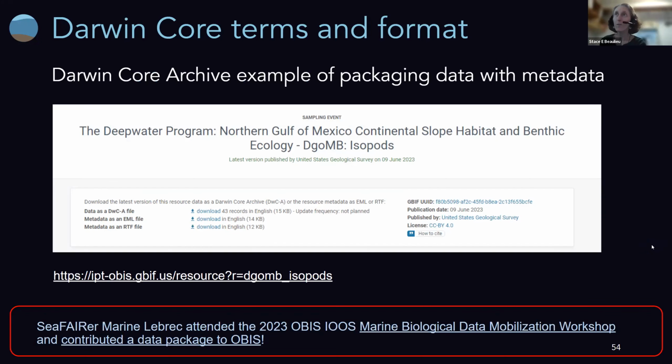For Darwin Core terms and the format, pulling these all together, I wanted to give you an example of the package. This is the Darwin Core Archive, as they call it, where they package the tabular data files, text files, with metadata, the EML metadata. Our seafarer who will be joining us, Maureen Lebrac, attended a recent workshop and contributed a data package to OBIS, but I saw that package was not for deep sea data. So I went into the US OBIS node, and lo and behold, the most recent data set that was contributed was a deep sea data set